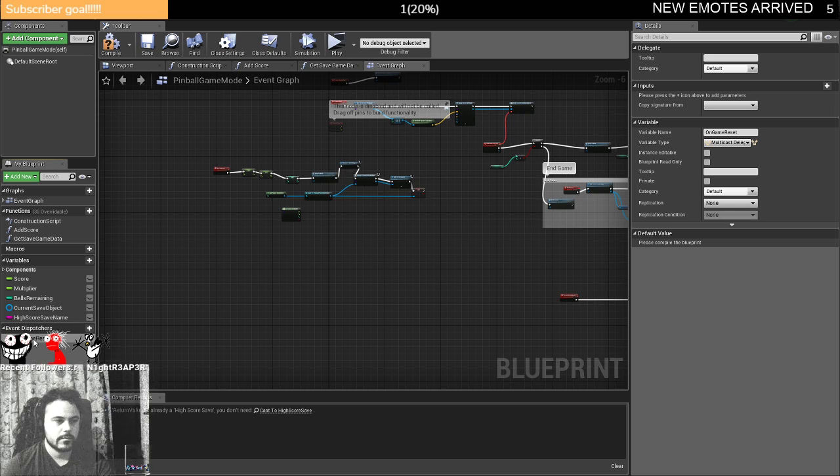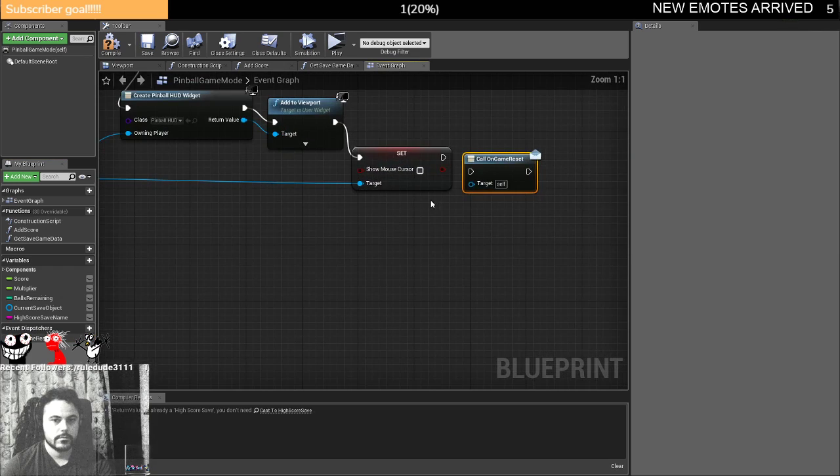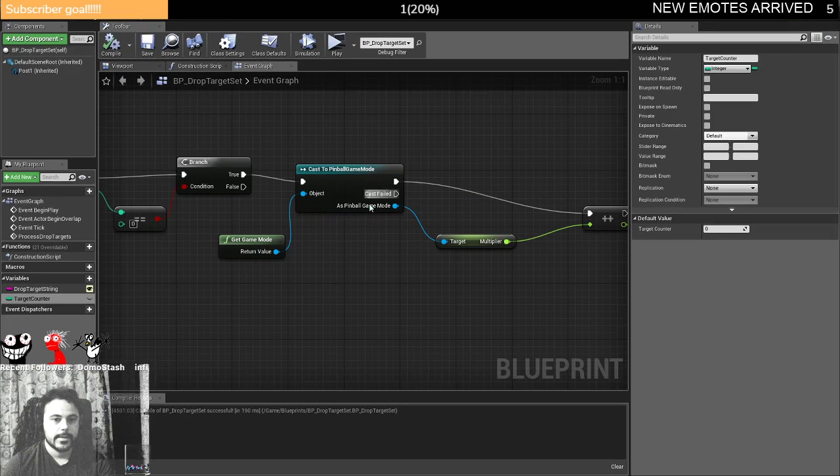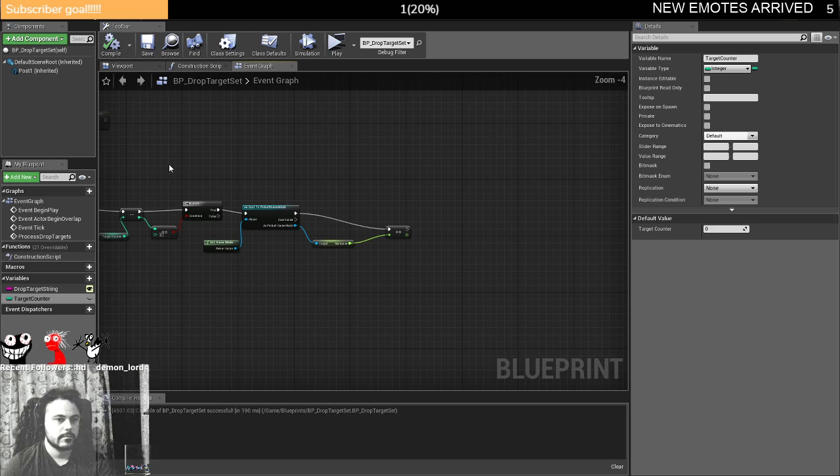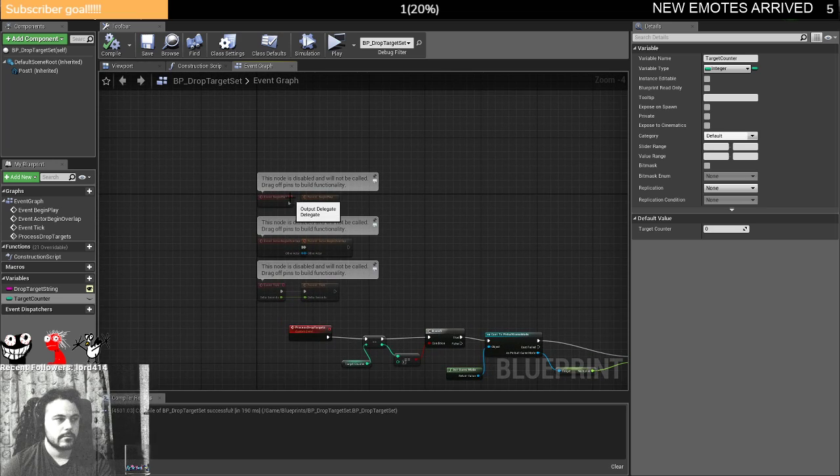And I'm going to call this here. And in my drop target set, I'm simply going to say on begin play, we want to get the game mode. So I'm just going to copy and paste the game mode reference here. So on begin play,